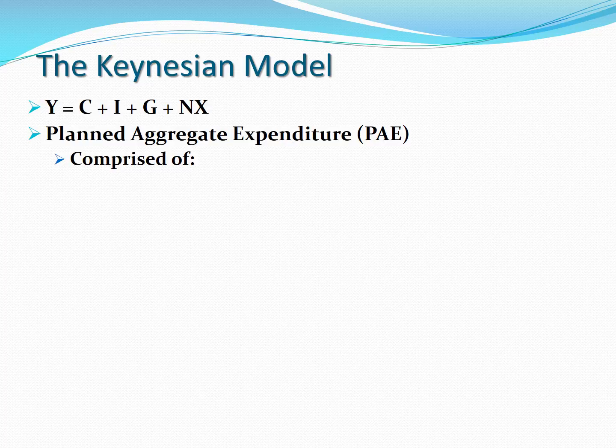And what we're going to do is have something that looks a lot like the GDP function, and we're going to call it planned aggregate expenditure. This is getting at the demand side of things. And so GDP, our capital Y up there, is going to represent output, whereas planned aggregate expenditure is going to represent what happens when our demand may be different from the level of output. So let's look at what planned aggregate expenditure is.